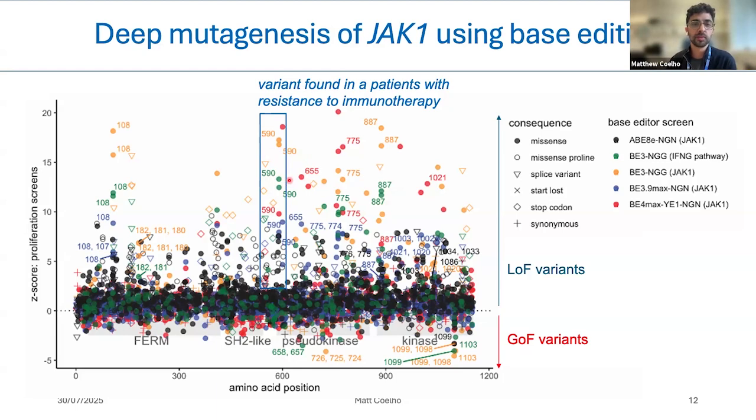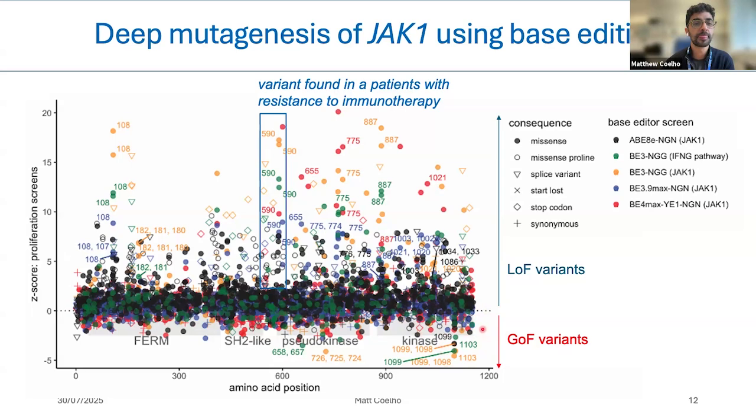And that might be why these patients have been resistant to these therapies, which cause the immune system to attack the cancer. So this is really important structure-function data as well, because the full-length JAK1 crystal structure hasn't been experimentally solved. Obviously, there are predictions, but we can get these really nice insights into protein-protein interactions, which are hard to predict from